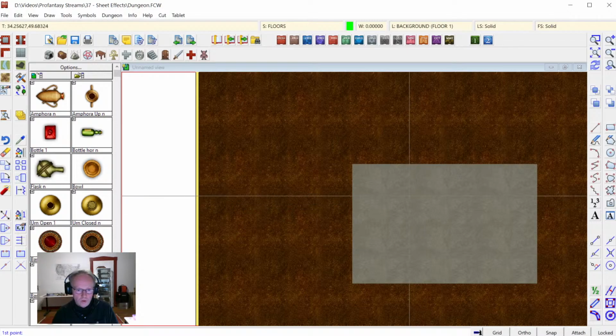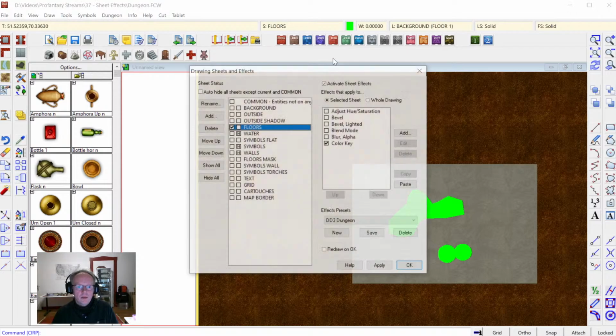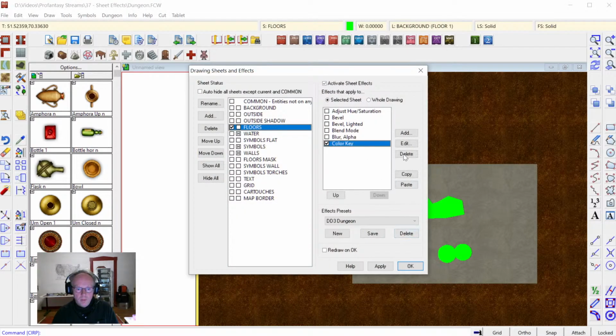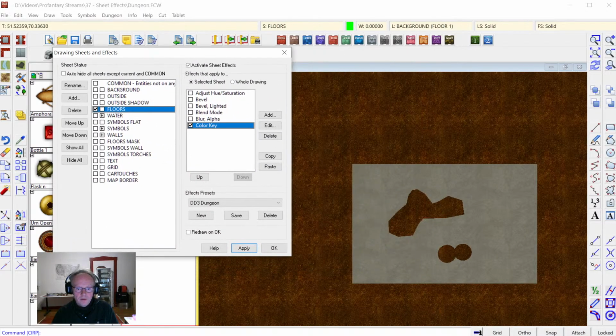Then you draw an object on the sheet. Well, you can do multiple ones, do some complex shapes. Then you apply the sheet effect, and you can see that Campaign Canvas simply cuts out